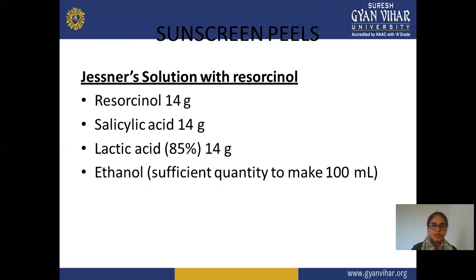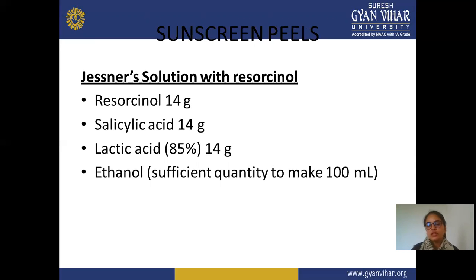Next is sunscreen pill. This is also a cream. You can see the cream form is available, but it is a pill and also helps to protect from sunlight. And this is Janssen solution with resorcinol. This is one cream that is available in the market, and the formula of this Janssen solution with resorcinol is: resorcinol is 14 gram, and salicylic acid is also 14 gram. Lactic acid is